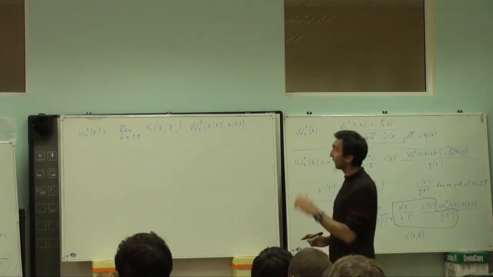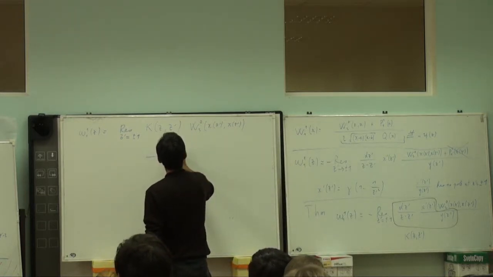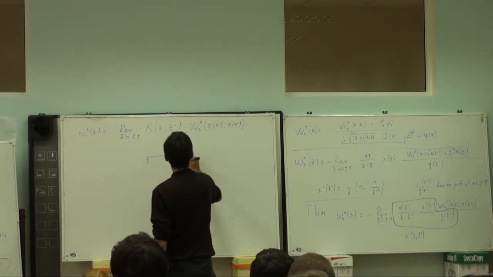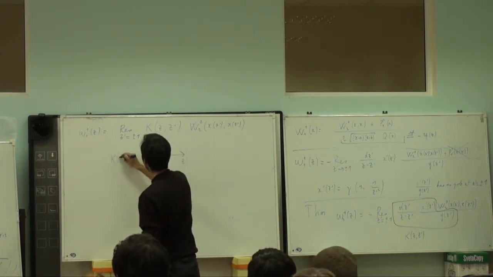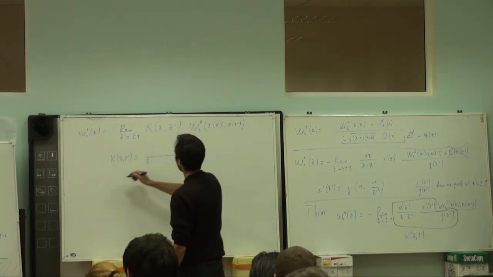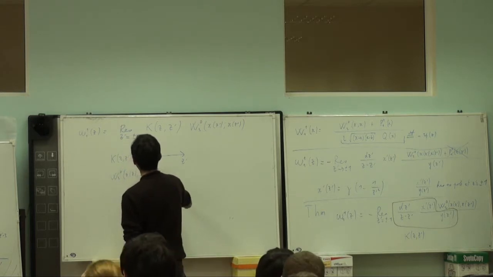Well, there is a graphical representation of this. K of z z prime is represented by an arrowed edge, z z prime. So let's say this is k of z z prime. And W20 of x of z prime,